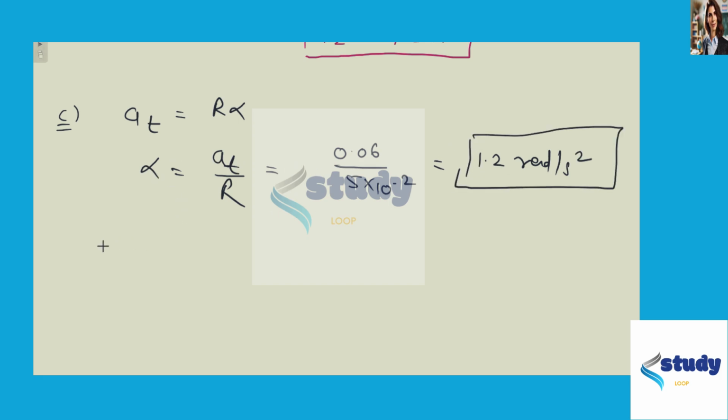Now in the final part of the problem we have to find the moment of inertia, rotational inertia. So we can say that torque is written as I alpha. This is the torque equation. So torque is given by T2 minus T1 into R, and this is I into alpha. Now we have all the information. So from here we get the value of I, and this is (T2 minus T1) into R by alpha.